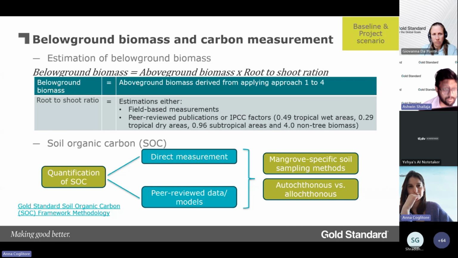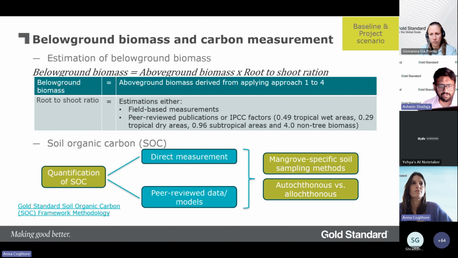One thing that has to be noted by validators is that the methodology clearly asks for delineation of allochthonous and autochthonous carbon. So again, the PD could propose whatever method is to be considered for delineation of allochthonous and autochthonous carbon within the soil organic carbon pool. You might recall from the video shown earlier what exactly is allochthonous carbon. That's soil organic carbon that comes from some other site through sediments. So that cannot be considered as part of the project removal, and that also will have to be considered in the project design.